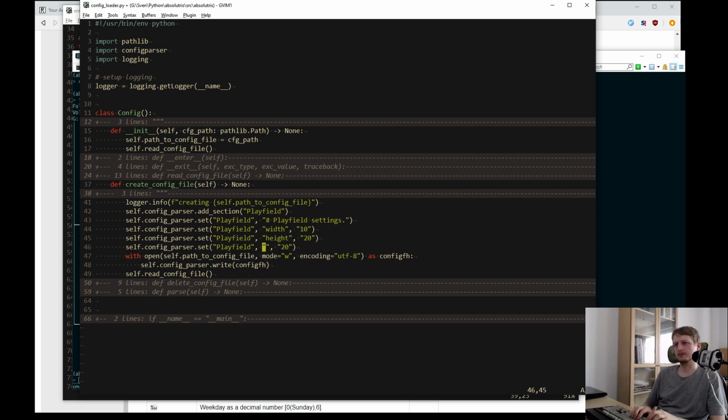That's actually not a playfield thing, it's like a game setting.